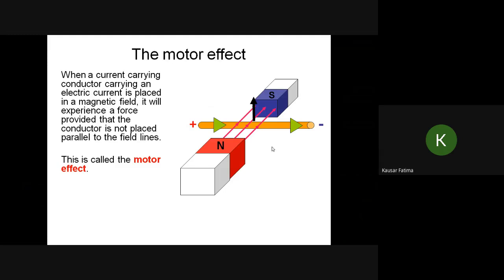Okay, in the same way, if you reverse the polarity, the direction of force will change. If the direction of current is kept same, but you place south here and north here, the field lines will be towards us, out of the screen of this laptop. So the field direction will be opposite and the current direction is same as shown. The force will be in the downward direction if the polarity is reversed. And you can increase the amount of force by increasing the strength of the magnet and having greater current in the wire,